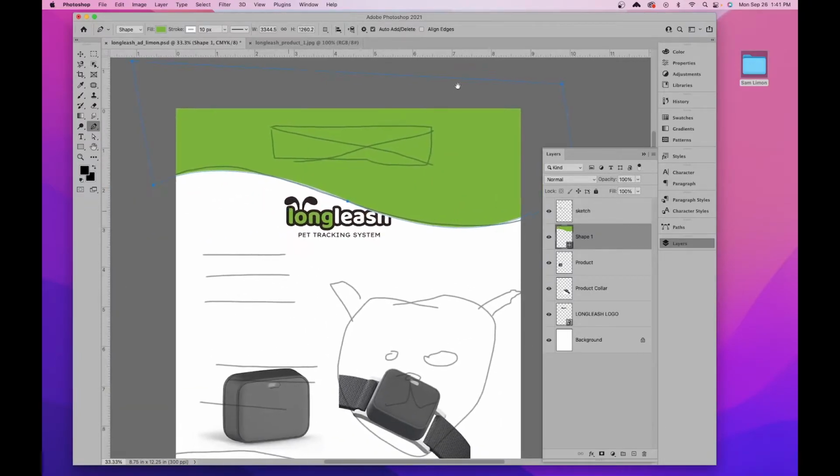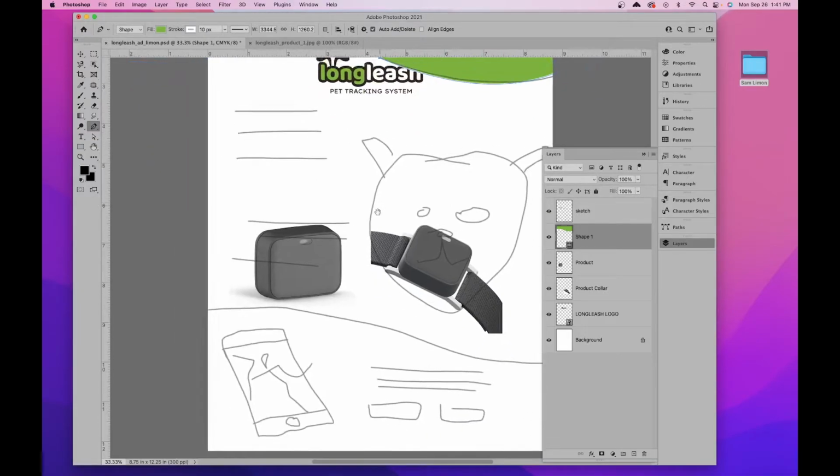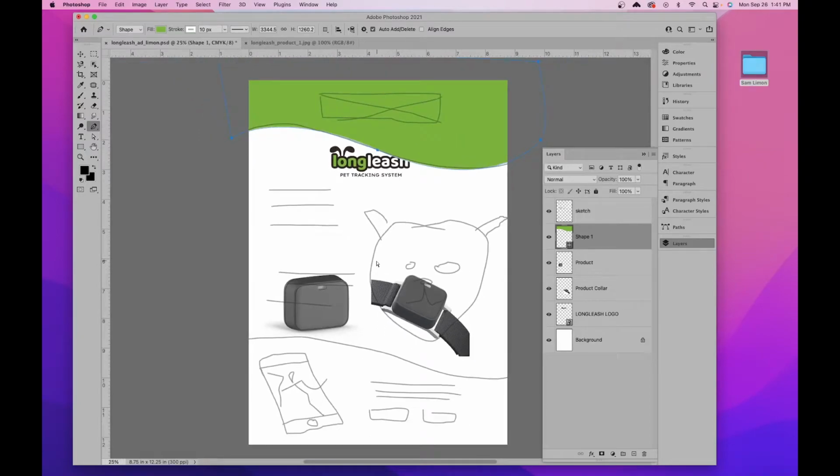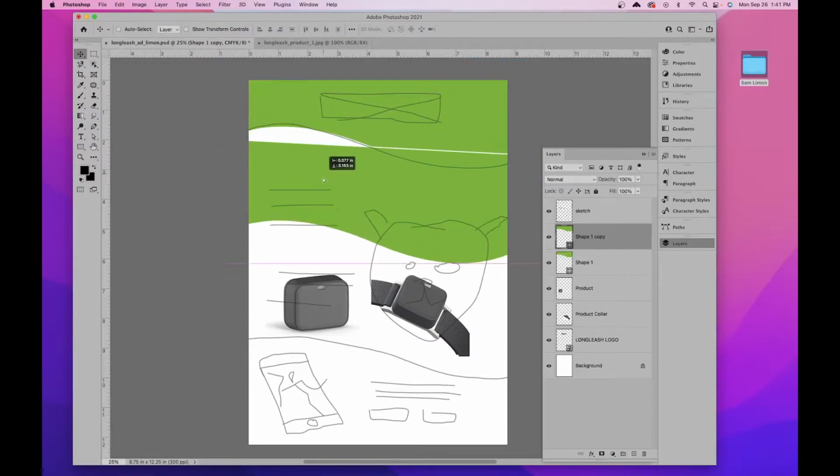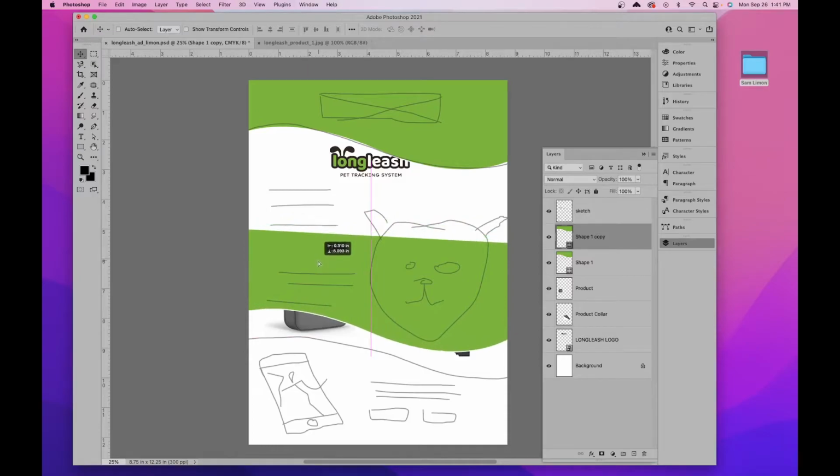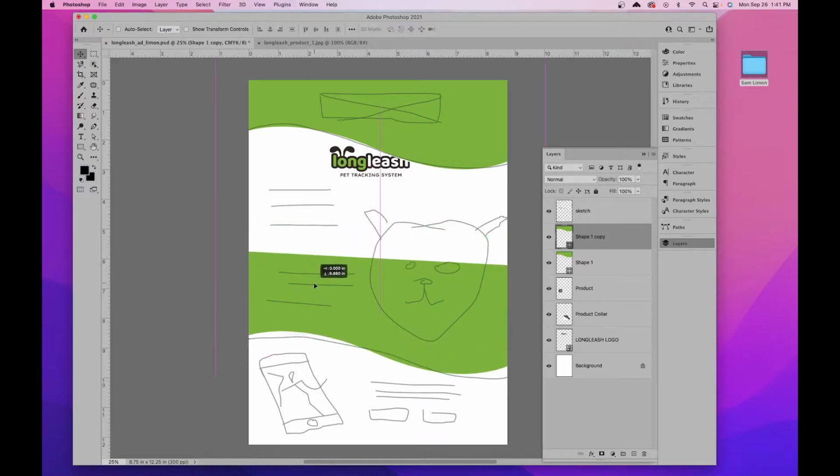So now this is a shape, and it's built all using vector lines. And then I'm going to go ahead and make a copy of this. So I'm going to drag this to the new layer icon, and I'm going to move this one down. So drag it down, hold shift. The reason why I wanted to do this was so I could have this line matching that line, and we could always change it